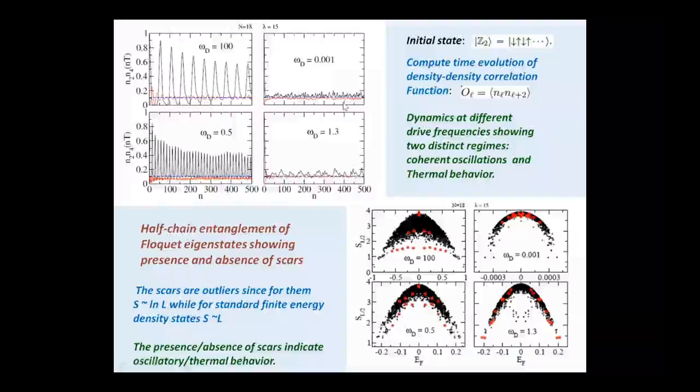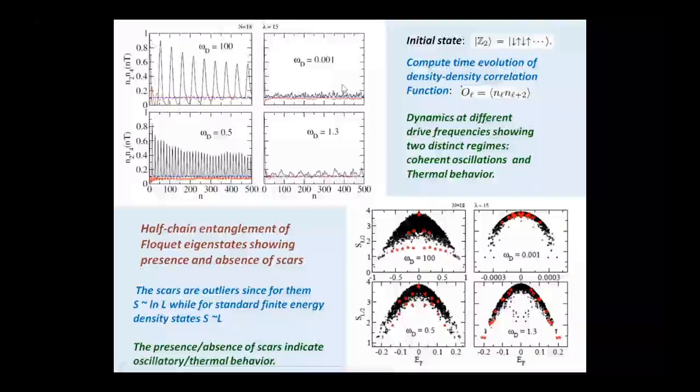However, if I go to very low frequency, the Floquet Hamiltonian is not just the PXP term, it's much more complicated because there are other terms in the problem. We don't really know at this low frequency what the analytical form of the Floquet Hamiltonian is, but we can only guess that it's going to be very complicated, because at low frequency the Floquet Hamiltonian is a complicated beast. There you see that these long time oscillations are gone, and the dynamics obey ETH. It just goes to the steady state value. We have checked numerically that the steady state value is exactly the thermal value which ETH predicts, with the average energy and everything.